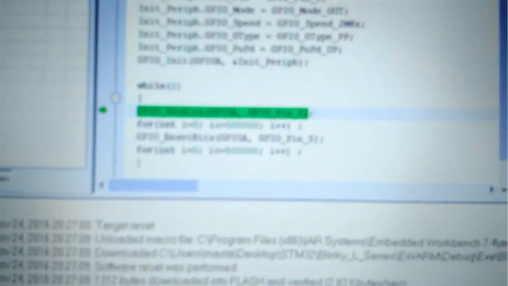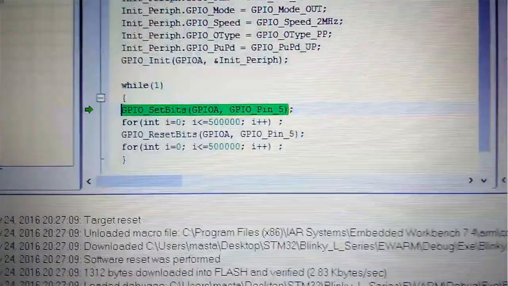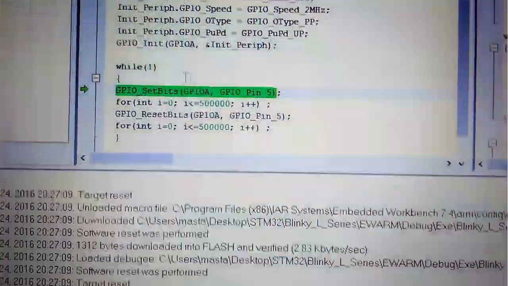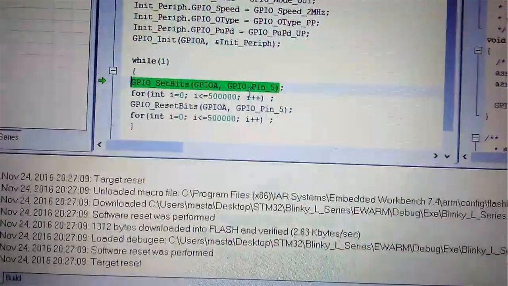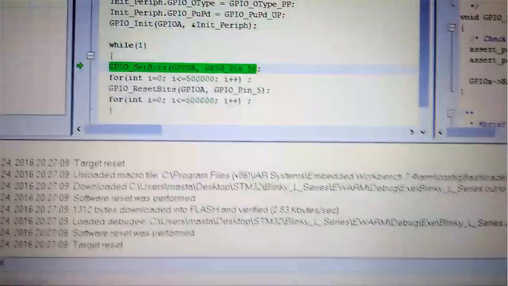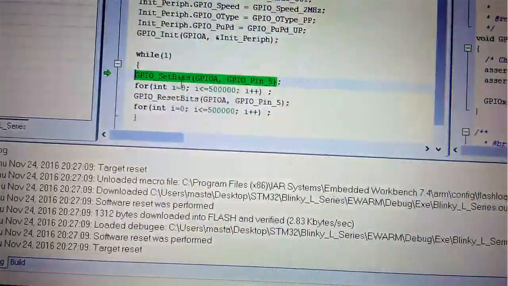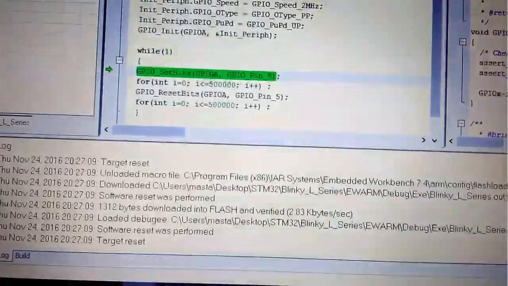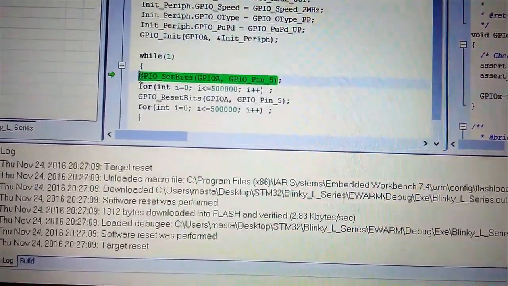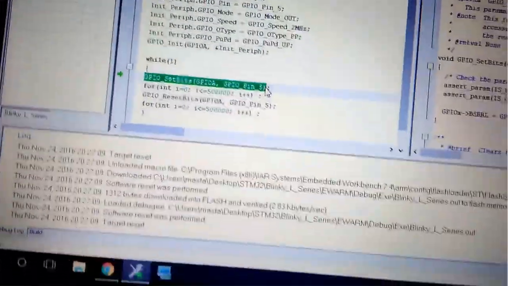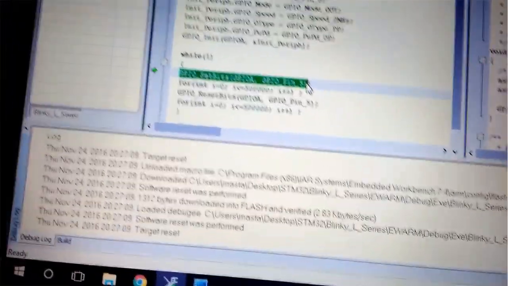And now I am at this point where I have clicked on GPIO set bits, that is setting the bit. So if I press once more, this function will run, or you can say this command will run.